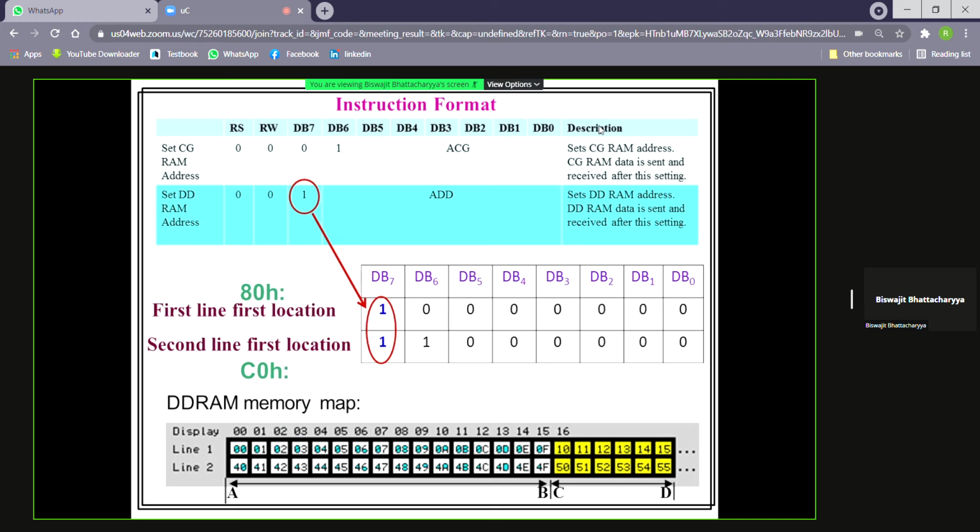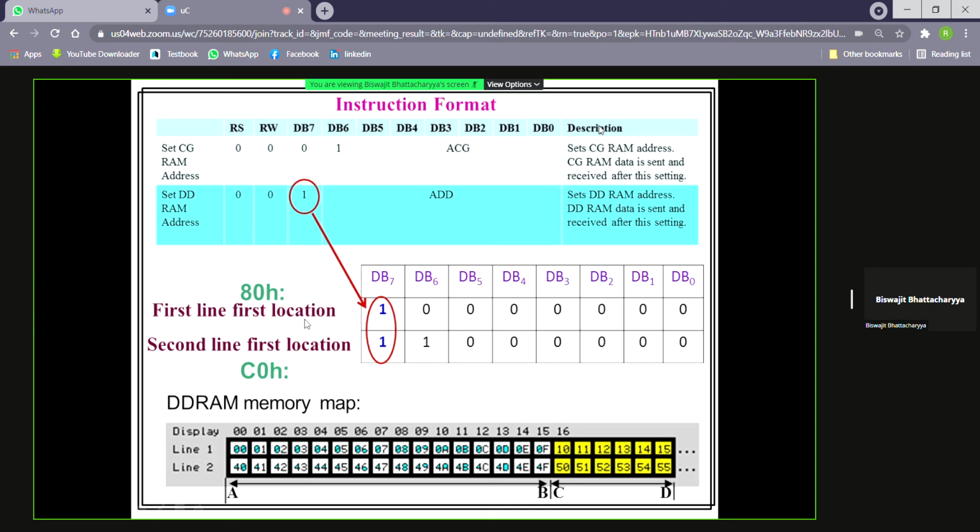Now here, what is the address required to specify our first location? We know our DB7 must be 1, and 00 means the rest of the bits will be 0. So it will be 80 hex.